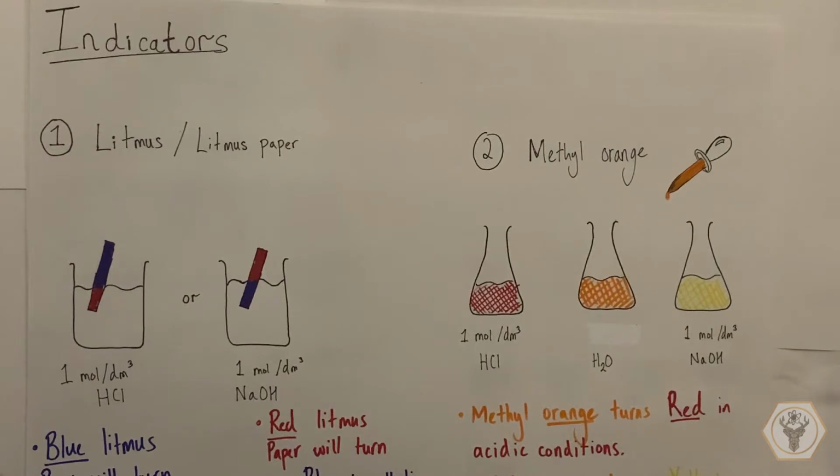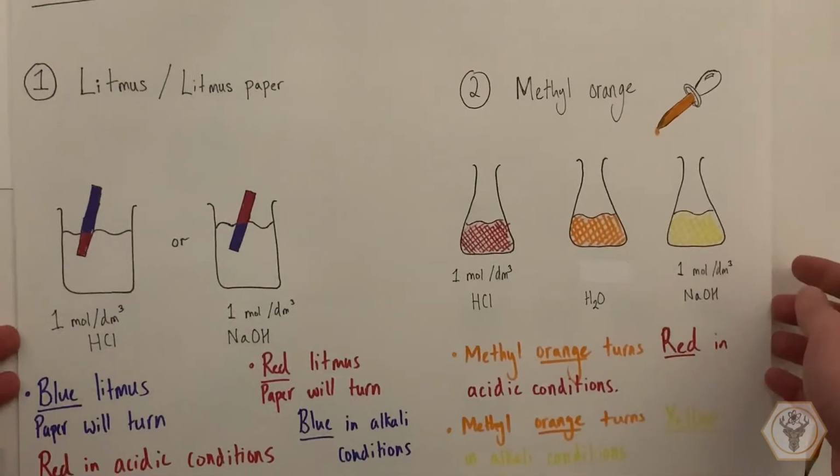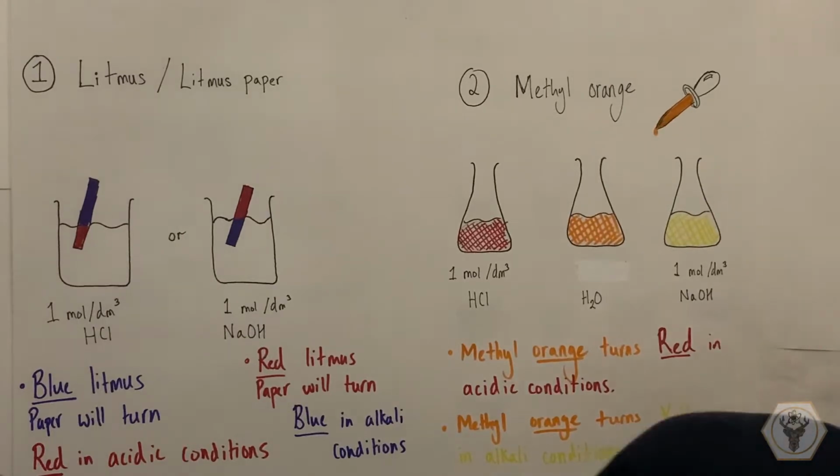The first three indicators I'm going to talk about today are simple indicators, which tell you if something is an acidic or an alkali solution. The first indicator is called litmus, or litmus paper. Most students come across litmus paper rather than the litmus solution itself at GCSE level. So litmus paper is a really nice simple indicator which gives you a nice visual indication that a solution is acidic or alkali. For example, if I had a beaker containing 1 mole per litre hydrochloric acid or 1 mole